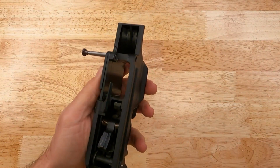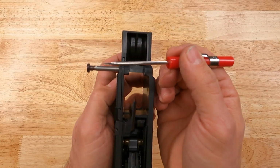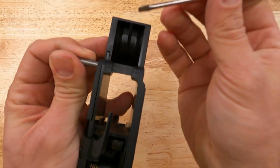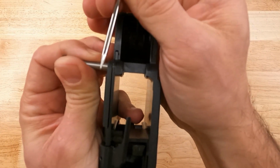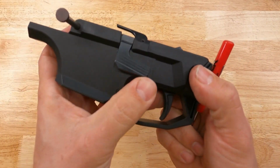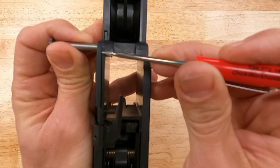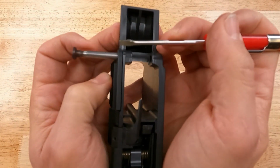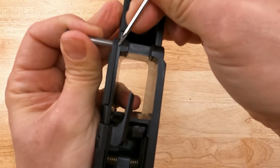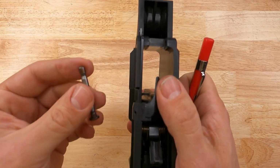To do that, I like to just use a small pocket screwdriver, and while putting pressure or force out on the pin, so I'm going to pull it away from the receiver, I will use my flathead screwdriver to push down on the bolt stop. The bolt stop, again, is this metallic piece on the side. You can kind of see it comes in and runs along the mag well and over the top of our pin. So I'm going to pull away from the receiver on the pin and press down on the top of the bolt stop, and that's going to release our pin, our factory pin. We'll set it aside